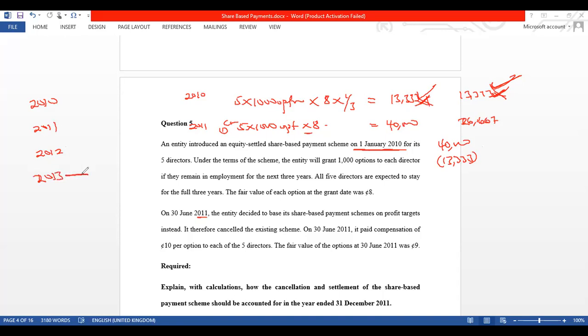Yes, sir. And the cancellation was done here, 2013, before the vesting date, right? Yes, please. So if the vesting date is 31st December and it was cancelled somewhere around 30th June or before the vesting date, it means you do this thing. You do what we've done for year 1, but it will be 1/4 in year 1, because the years are 1, 2, 3, 4. That is what you would have been doing. This one we do with 2/4. This one you do with 3/4.